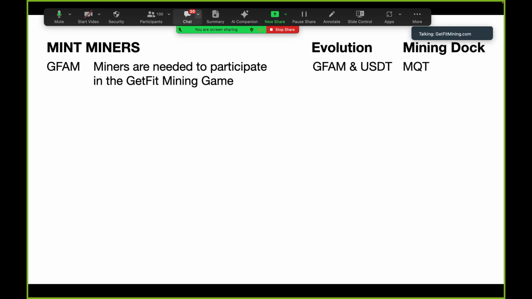The mining dock, when you unlock the mining dock slots, it uses the MoveQuest. Now, GFAM and MoveQuest are utility tokens. This is the use of those tokens within our ecosystem. So when you unlock the mining dock using the MoveQuest, this is liquidity. When you submit that proof of physical activity, for the simple fact of making it simple for our users, anything